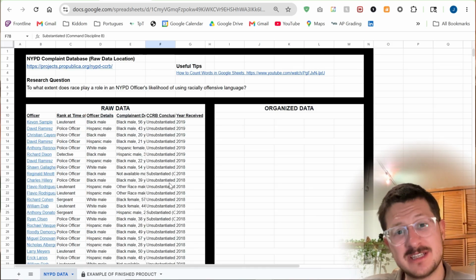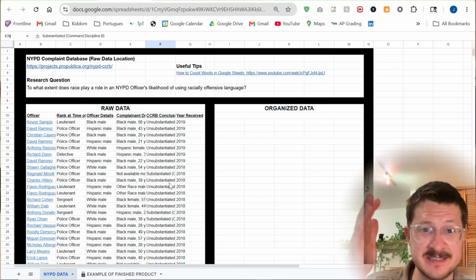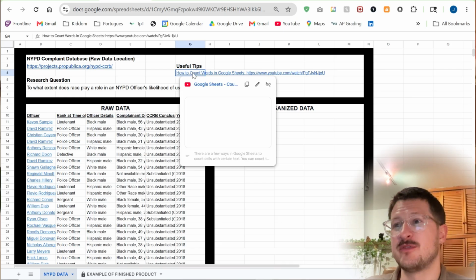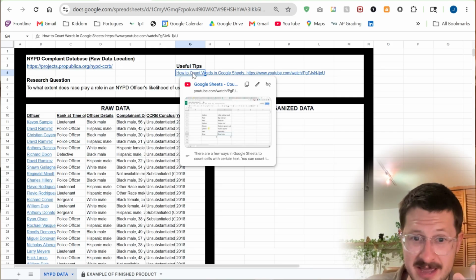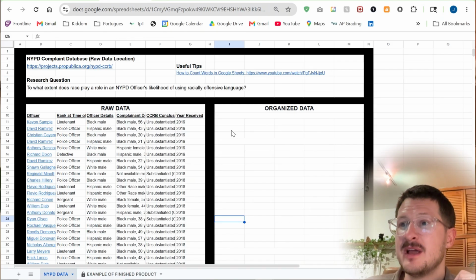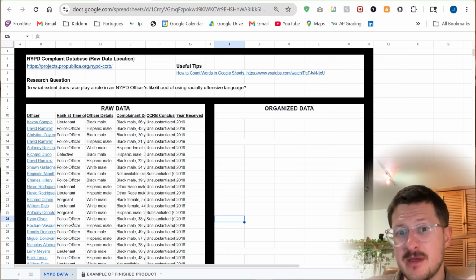This isn't a huge set of data, but those of you who are Excel whizzes know that you can use the COUNTIF function. Now, if you like this activity and you're a teacher, there's a link to all the activities that you see, all the slides in the bio, so you can walk your students through something similar. But here I want to go ahead and actually do a COUNTIF to see which of these officers are